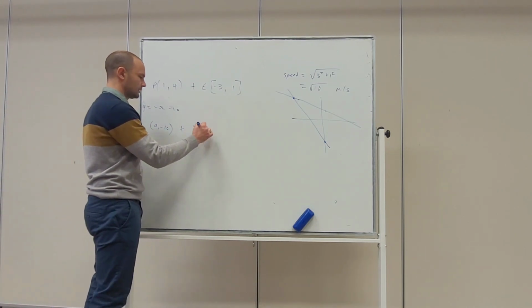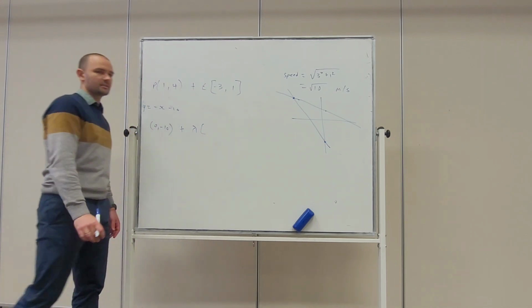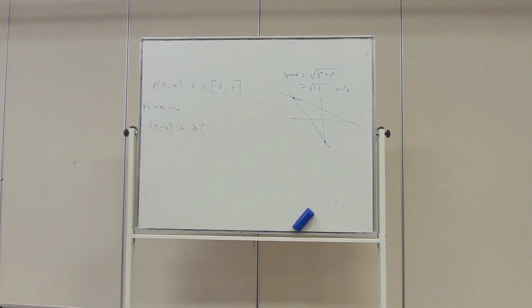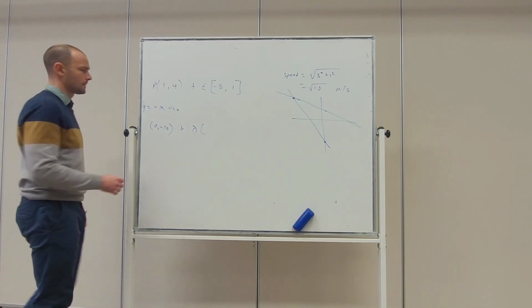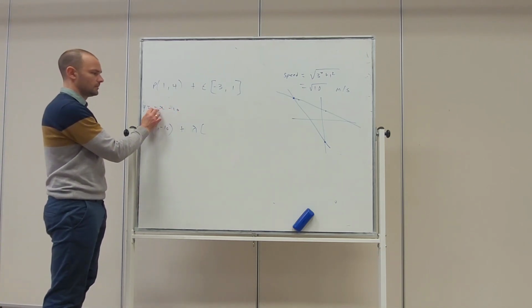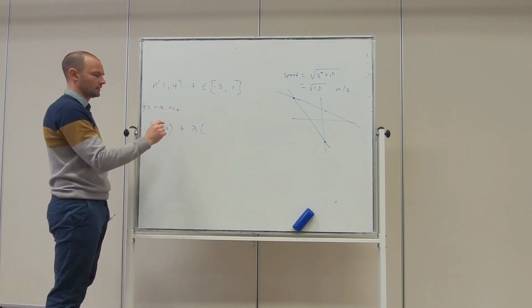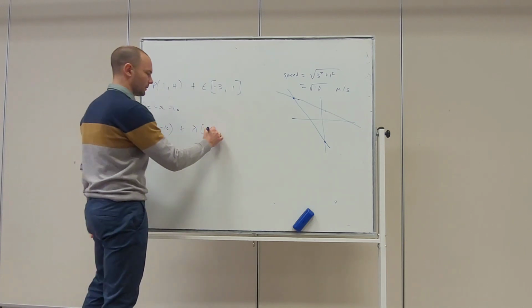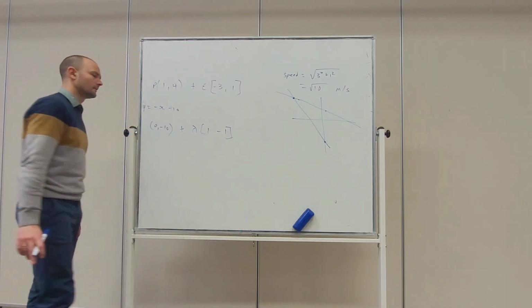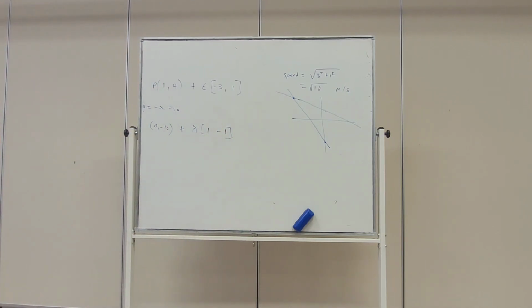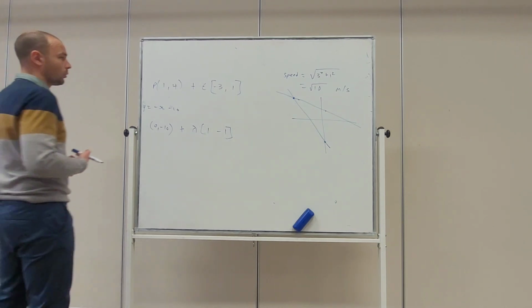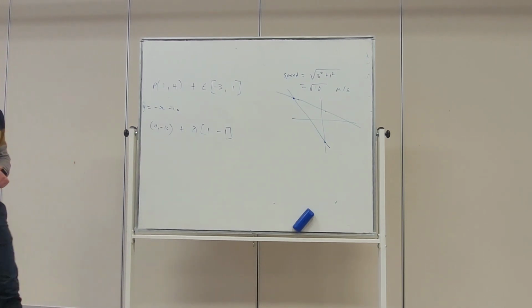Let's use lambda multiplied by its direction vector. It's got a slope of minus 1, so that means it's going across 1, down 1, across 1, down 1. So we can just go like this. So that's one way we can express the line in parametric form. Now one thing we can do is equate the lines. That's one way of going about it. I reckon an easier way though,